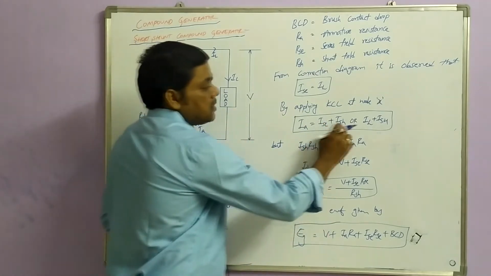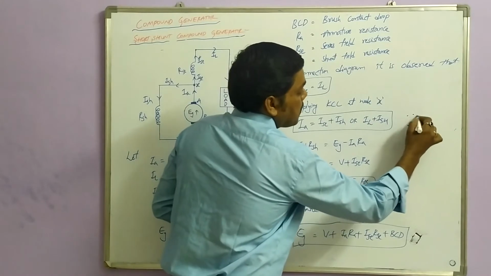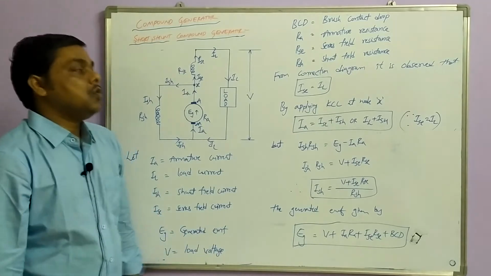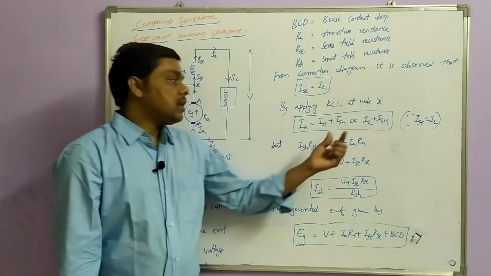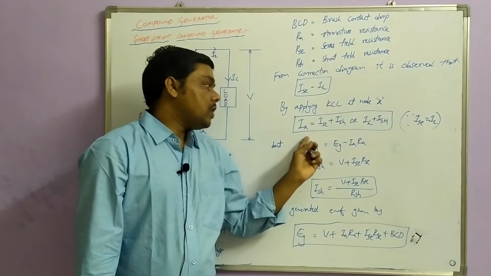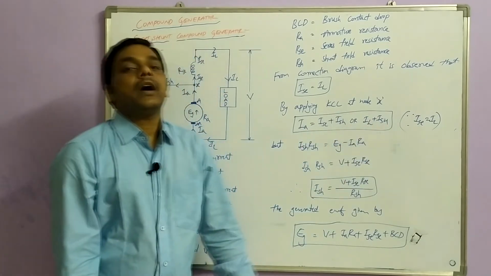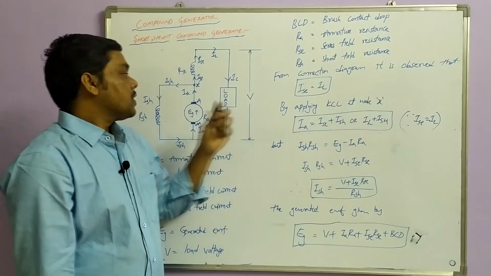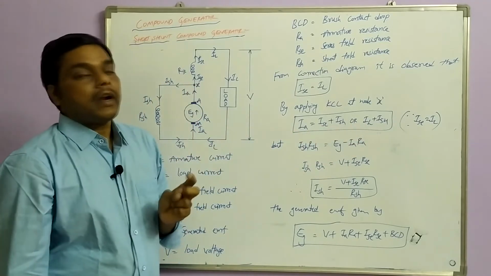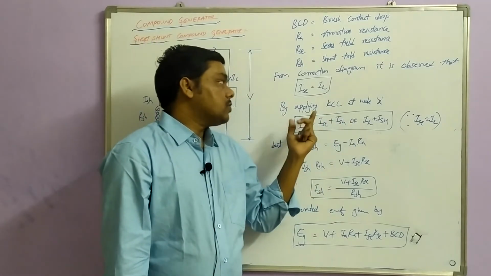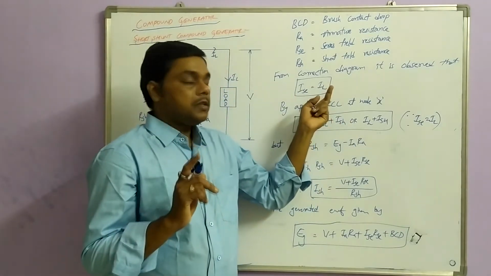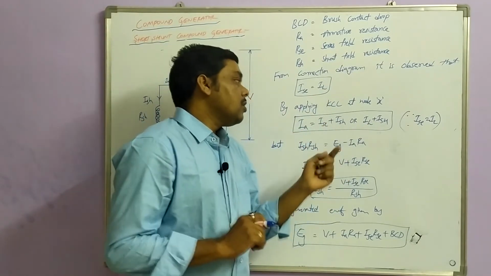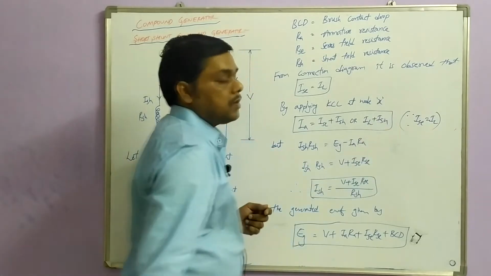But ISC is also equal to IL. We can write ISC is also equal to load current. So I wrote it in terms of the load. Generally we will make solutions on IL. So IA is equal to IL plus ISH. Now this is the relation we are getting from this node, and the current relations we will make. So ISC equals IL, the first relation, and the second one is IA is equal to IL plus ISH, or ISC plus ISH. So this is the relation.